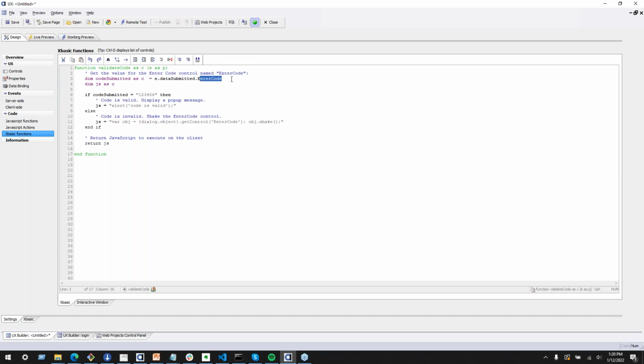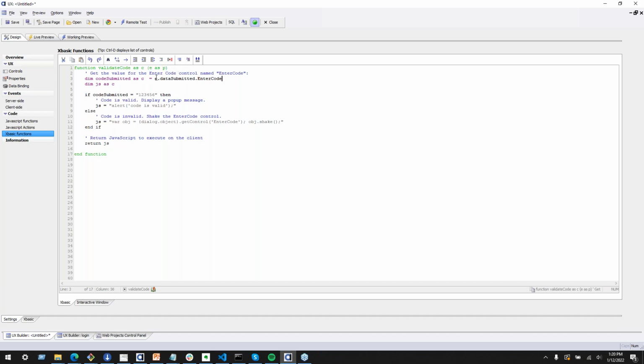This is a very simplistic example. What you need to do on the validation is going to be dependent on the type of system you've implemented to generate codes or validate codes. If you're using a third party, you need to make an API call. That all happens here. What this does is this Ajax callback is going to be passed this object called e, and in it there's a ton of information about the component, about the data that's currently in the controls on the UX,